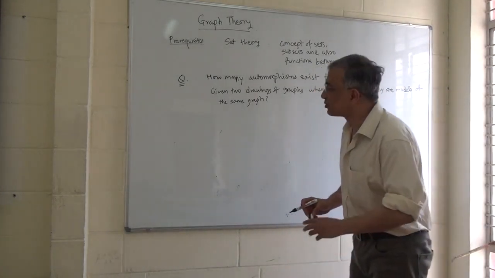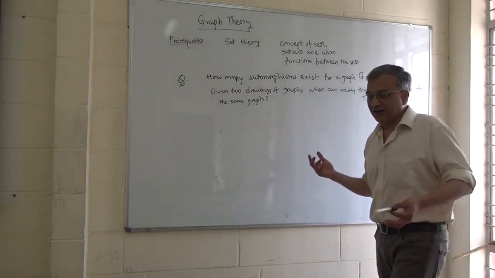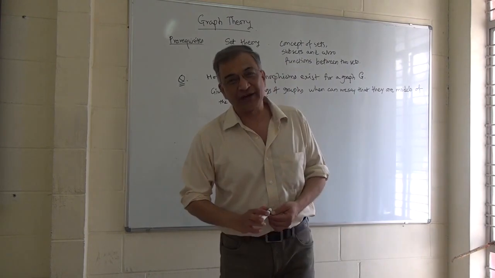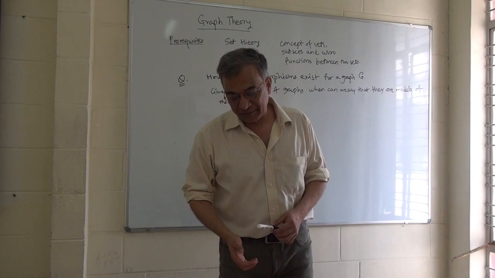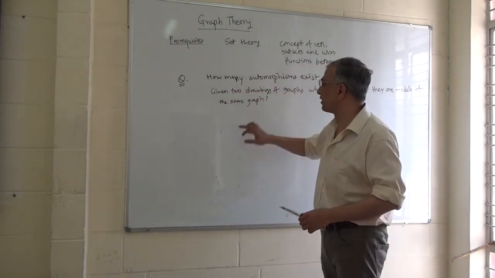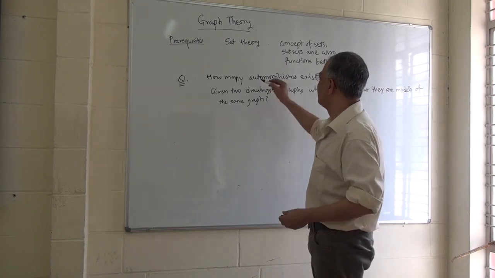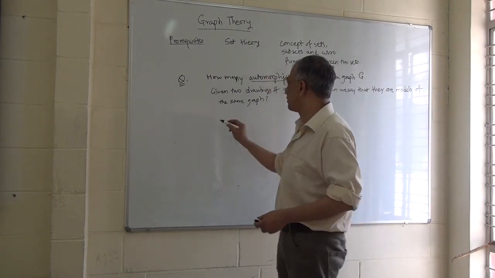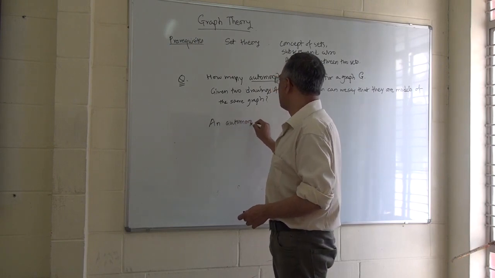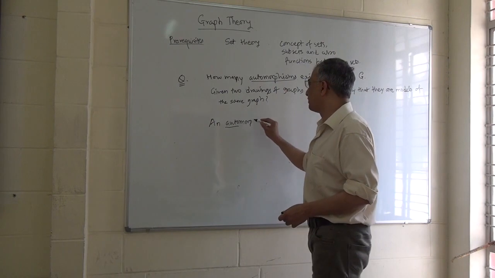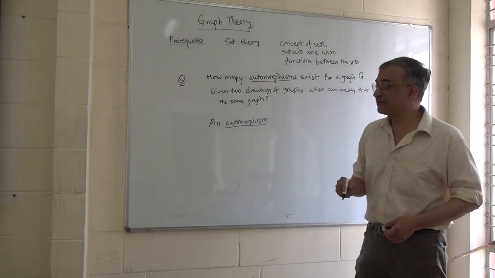So this leads to something very interesting. We can define automorphism. Maybe right now you may find it very abstract and somewhat too complicated. But this is how mathematicians will ask questions about graph theory. What are the automorphisms? So what is an automorphism now? Let me just explain. An automorphism of a graph. Auto means within itself, and morphism means a function. This is how you should read automorphism.